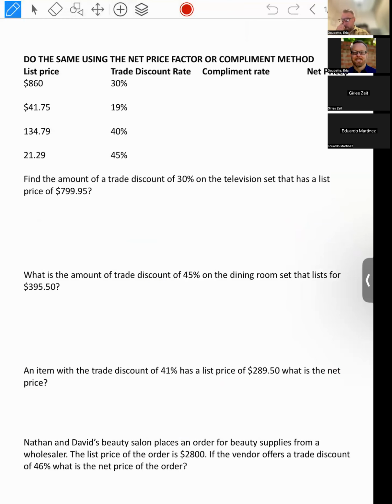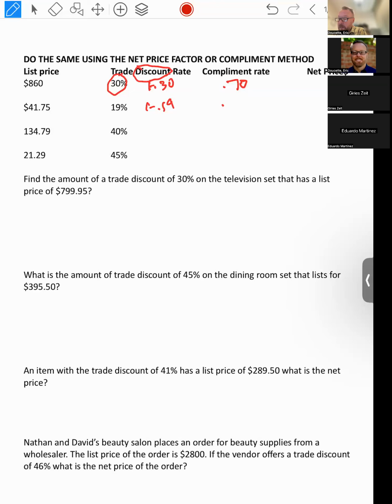This one's asking you for the complement rate on this page. So all they're doing is asking you, okay, if this is the trade discount rate, I'm going to do the complement rate, or in this case, the net price rate. If I'm getting a 30% discount, then I would just subtract that from 1. That means I'm going to actually pay 70% of the original price. If I'm given a 19%